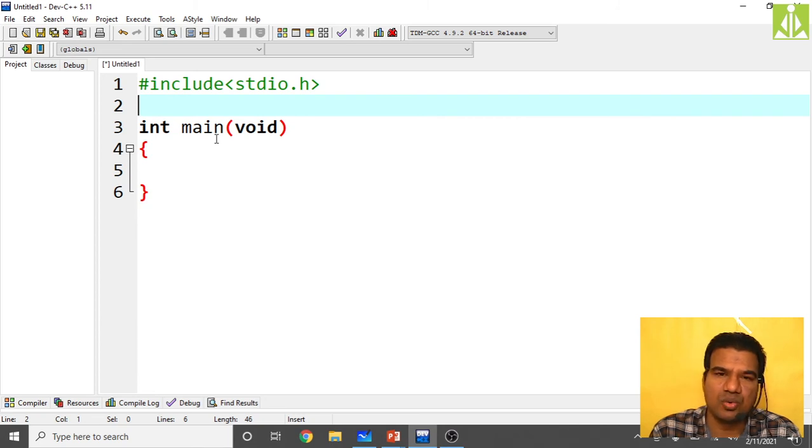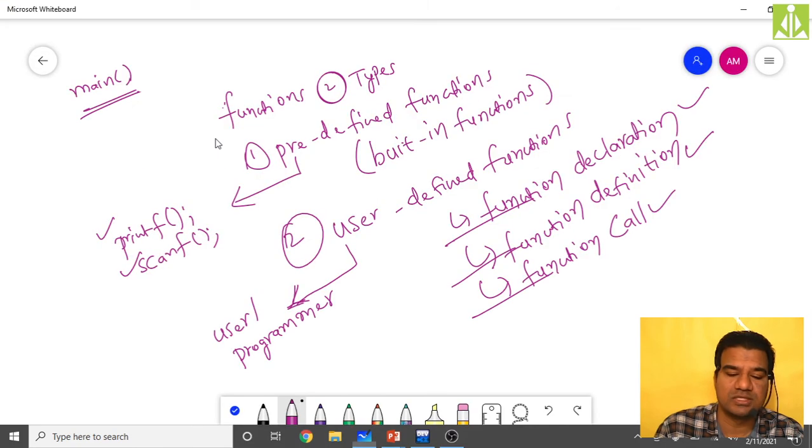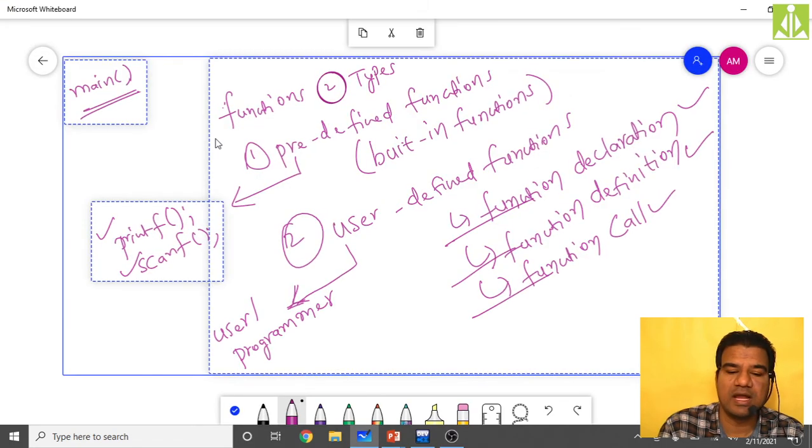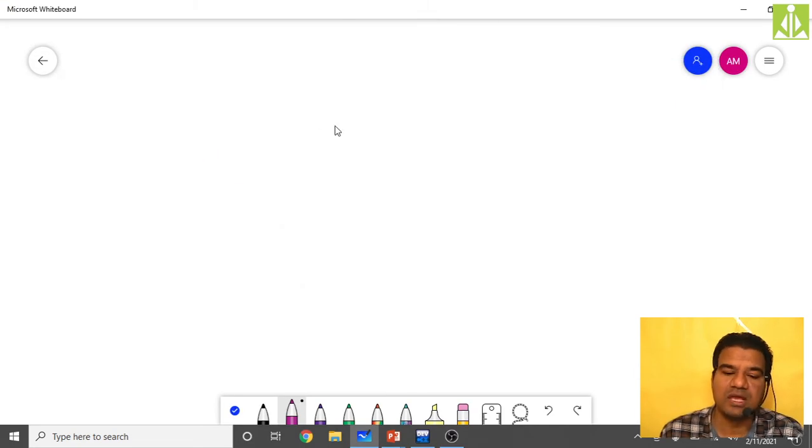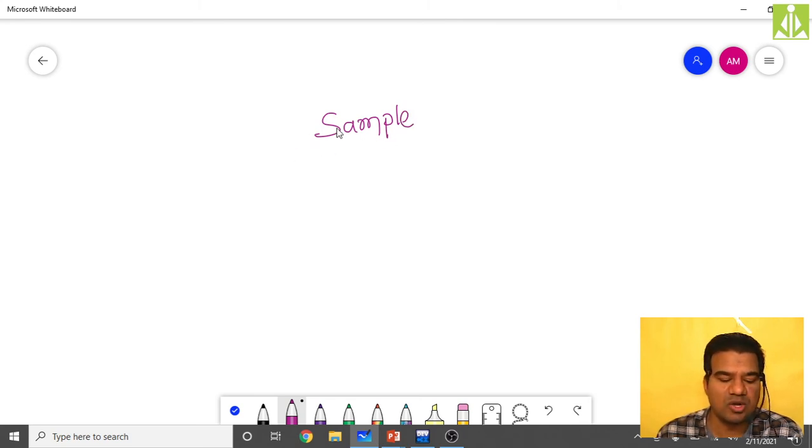Sample will be the function name, and all small letters we have to use.